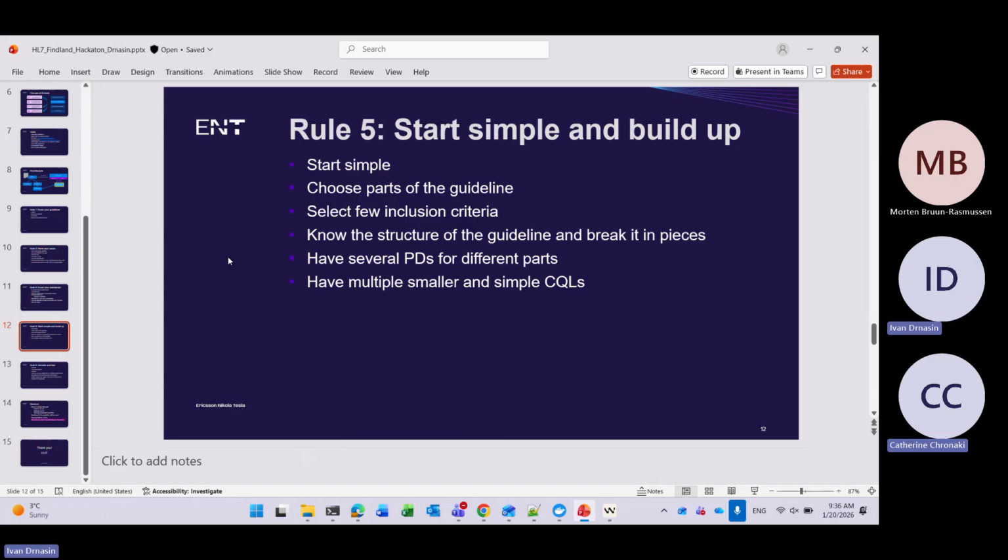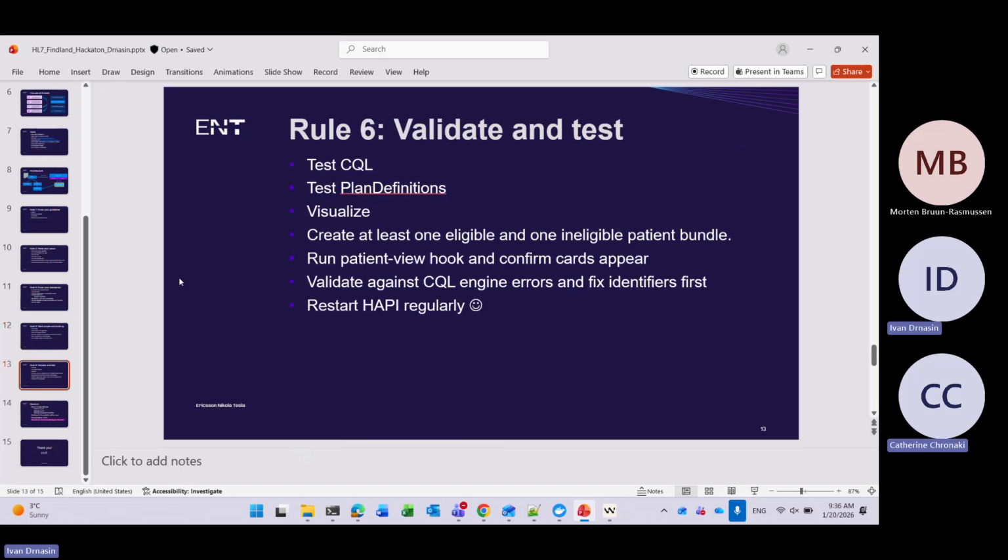I'm really impressed how you break everything into components, and every component can send a CDS hook. So it's much easier to build up from components than to create something big like a super big SQL. I like to have more SQL libraries, but smaller and much more understandable. Of course, validate and test constantly.